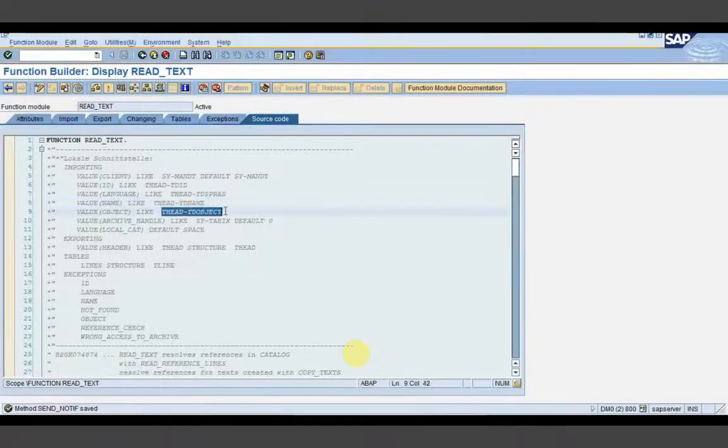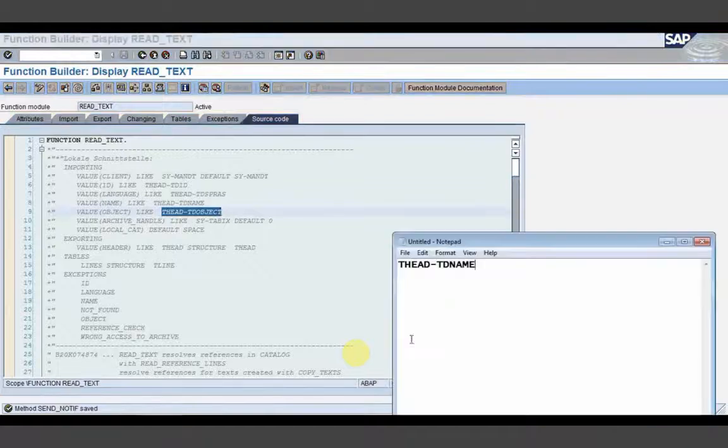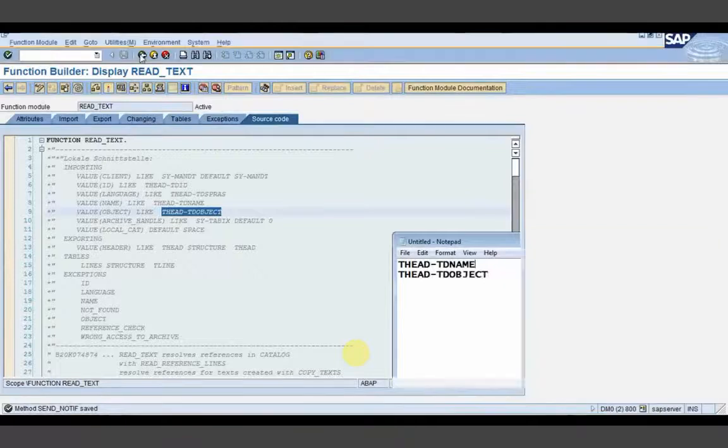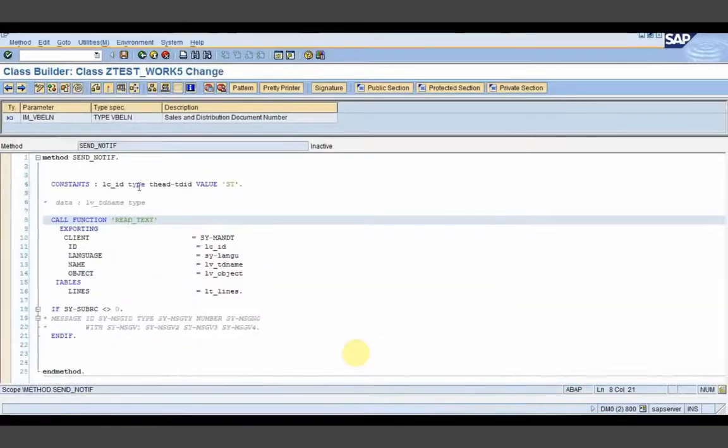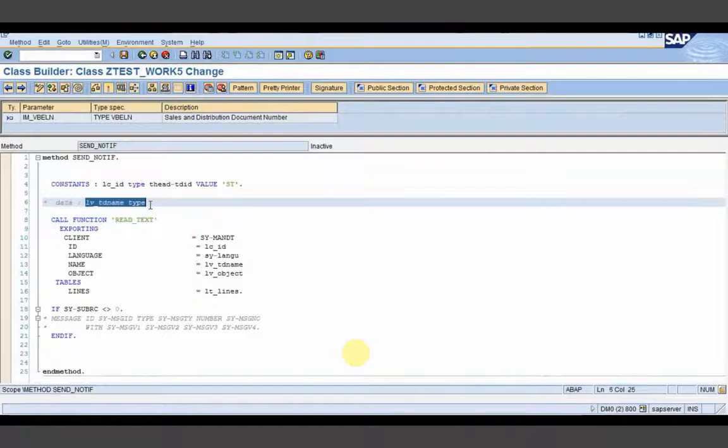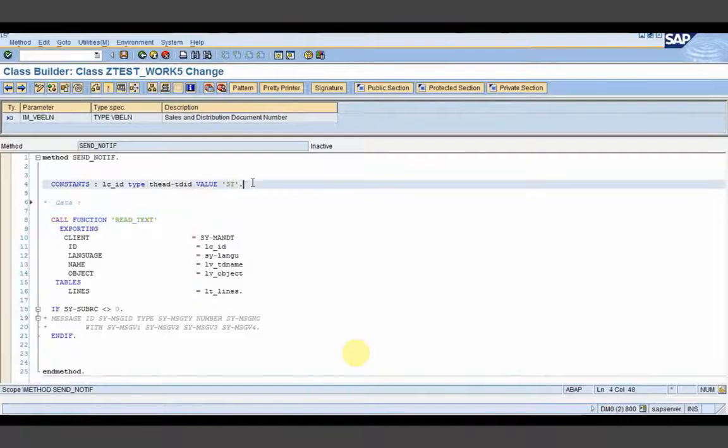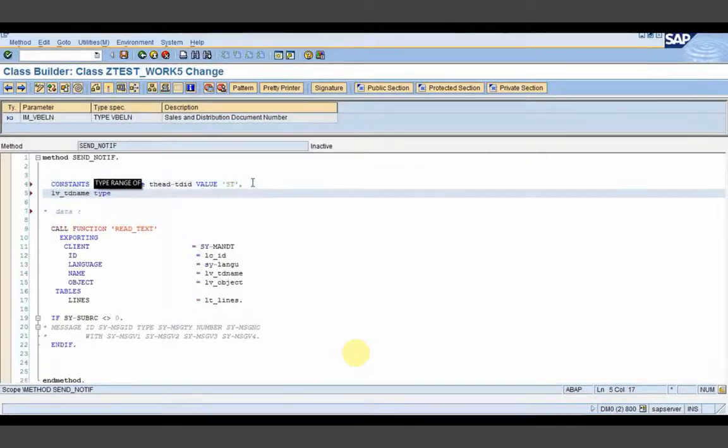I need these two. So I will be declaring constants for these.